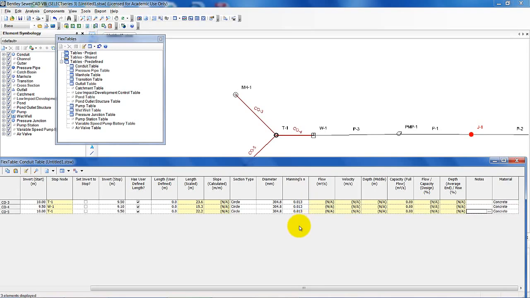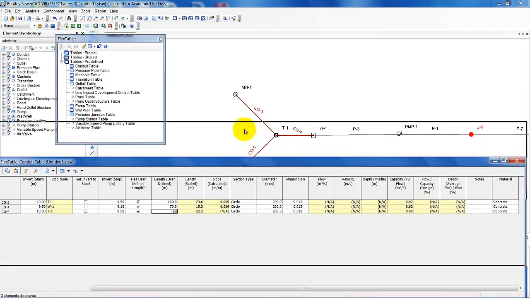My diameter is to be in millimeters, and 200, 200, and 200 in each case. And my user-defined length is going to be 100, 70, and then 100. So now I'm finished with the